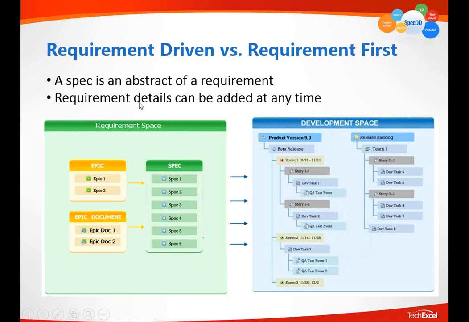The requirement detail, as I explained in requirement space: if we use a tree to represent requirements, then the spec and the epic only represent the skeleton of the tree, the branch, the stem. The documents represent the life, the fullness of the requirement space. They can be added. They will grow at a later time. In other words,